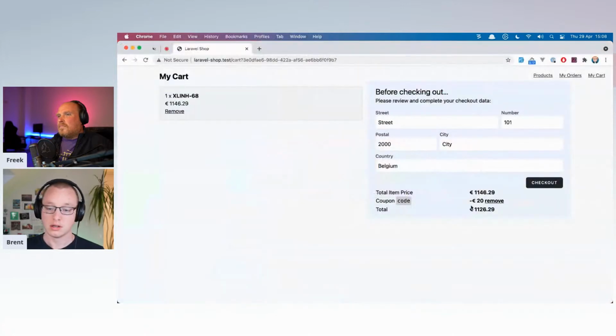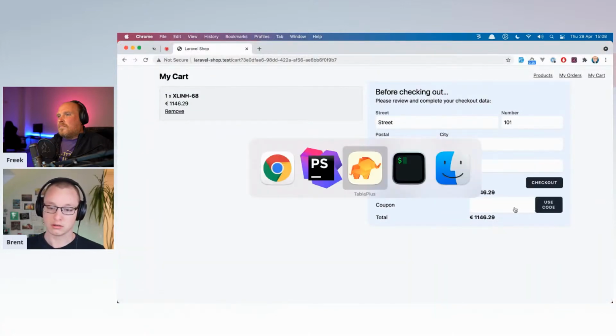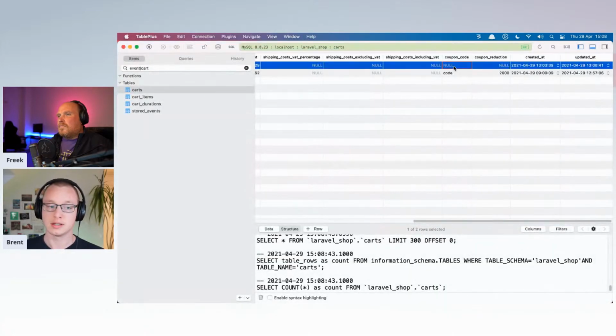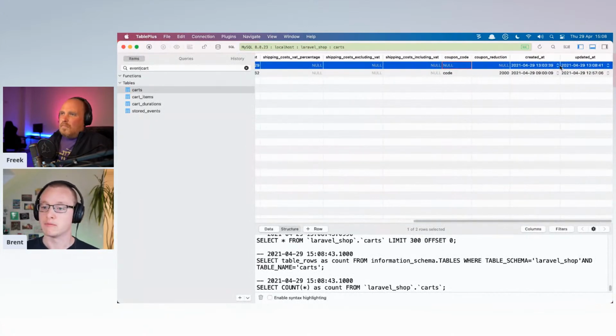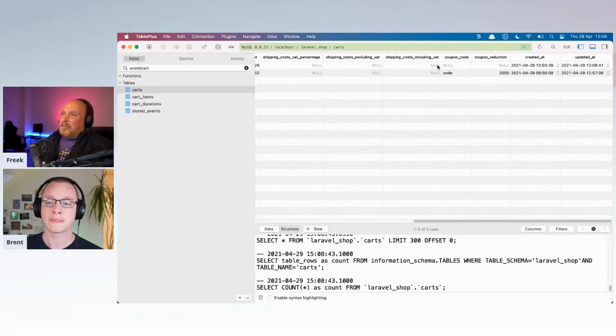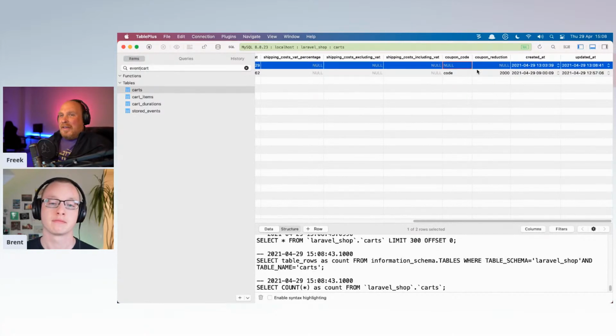If we were to remove the coupon code, you would see it's set to null. Apparently, this is my last card. I was expecting it to be this one, but that is the projector updating, like the view on the events here. Yeah, that's right.